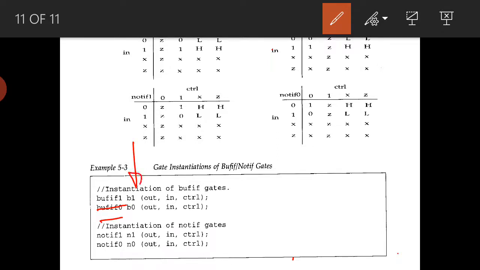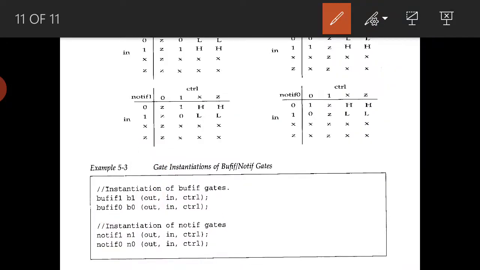This is the instance name b1 and b0, and first we need to declare the output, then in and control, where in and control are inputs that we will declare next. Similarly notif1, notif0, and this is the instance name, output variable, and these are the inputs.